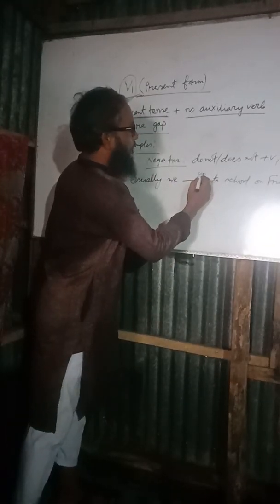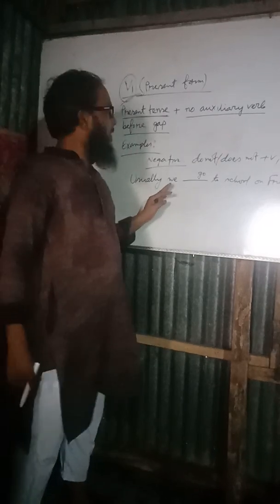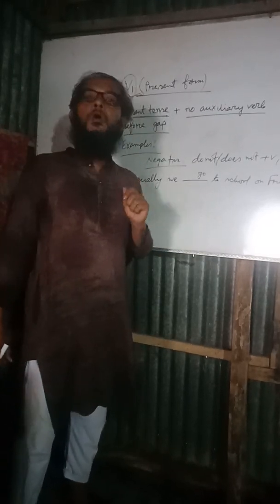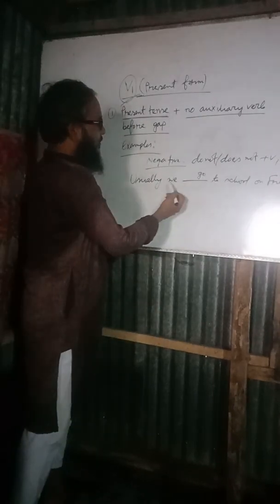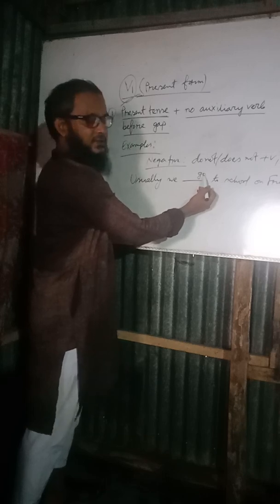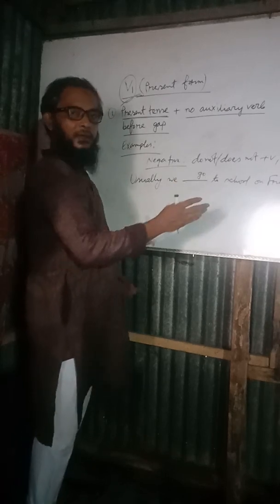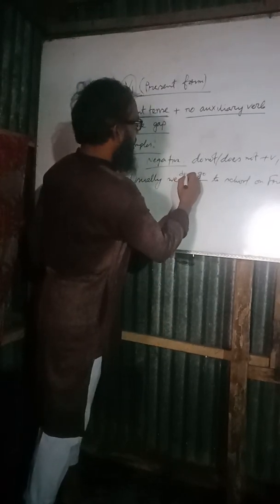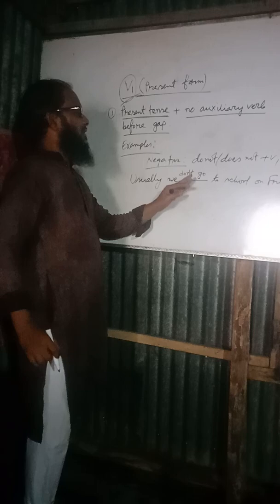Say here go. Okay. Do we usually go to school on Fridays? No, we don't. So there is no auxiliary verb before the gap. So at first you should put the very present form of the verb, then think for a moment. This is a negative sentence. So you should put we don't. And if the subject is in third person singular number, okay,